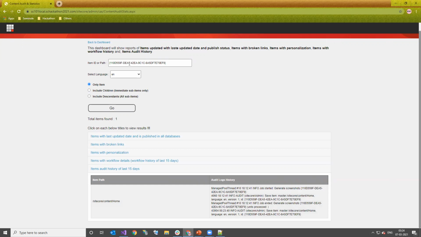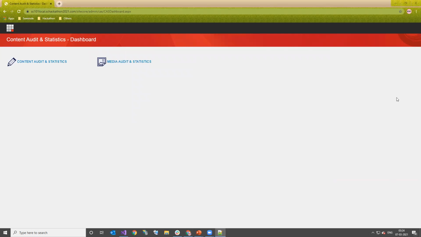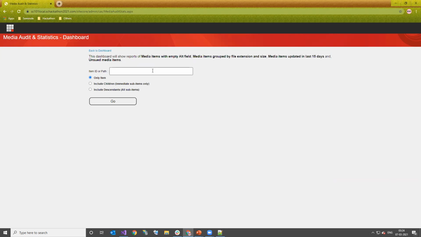Now let us go back to the main dashboard and look into the next section, which is Media Audit and Statistics. Similar to the previous section, this also has some fields, which is an item ID and a radio button section, where again we can provide only that particular item, include children, or include descendants, or all sub items.